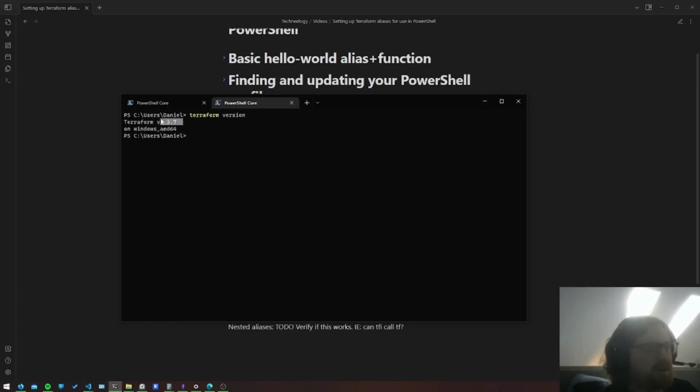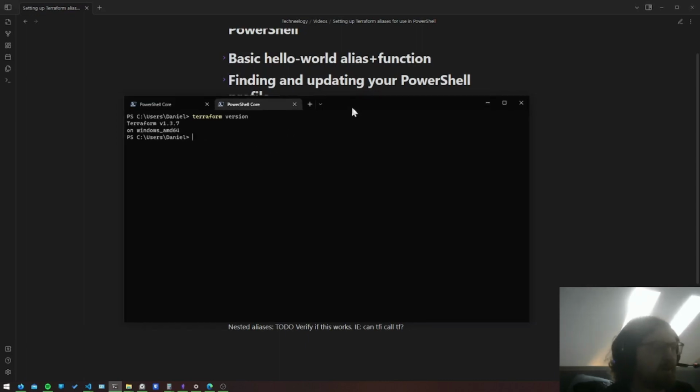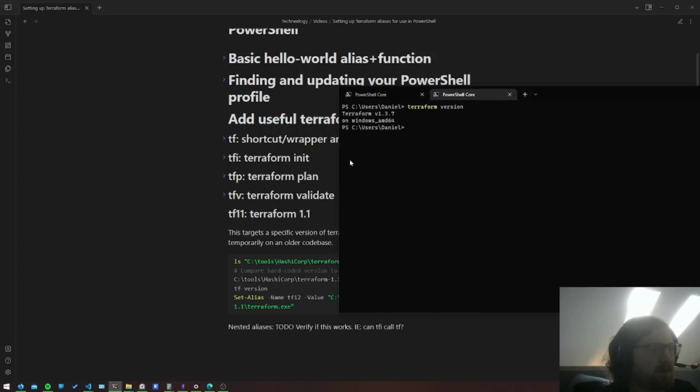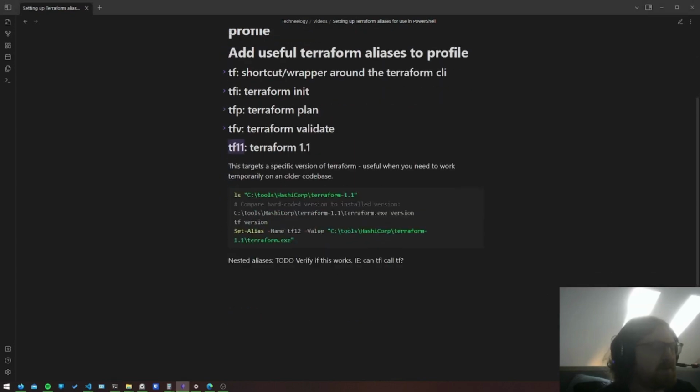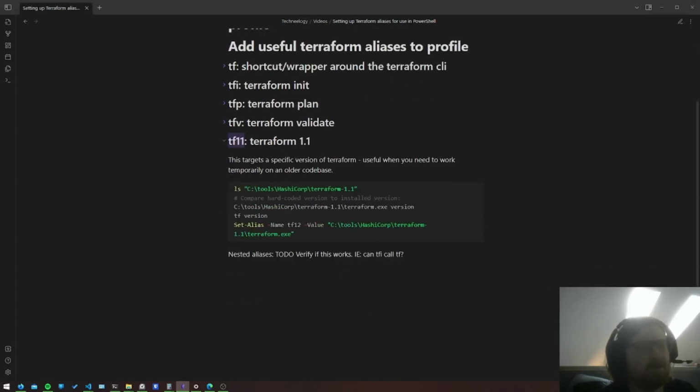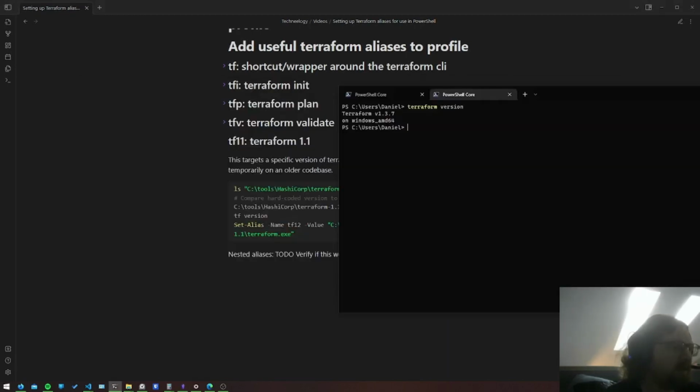Now, if I go into that configuration and I try to do an init and a plan and so on, it's going to try to update to 1.3. And maybe you don't want to do that because you're not ready to do that migration where you're at, something like that. So how can you get around this? One way is to write an alias to just make it easy to call Terraform 1.1 whenever you need to. So for example, here you can say,